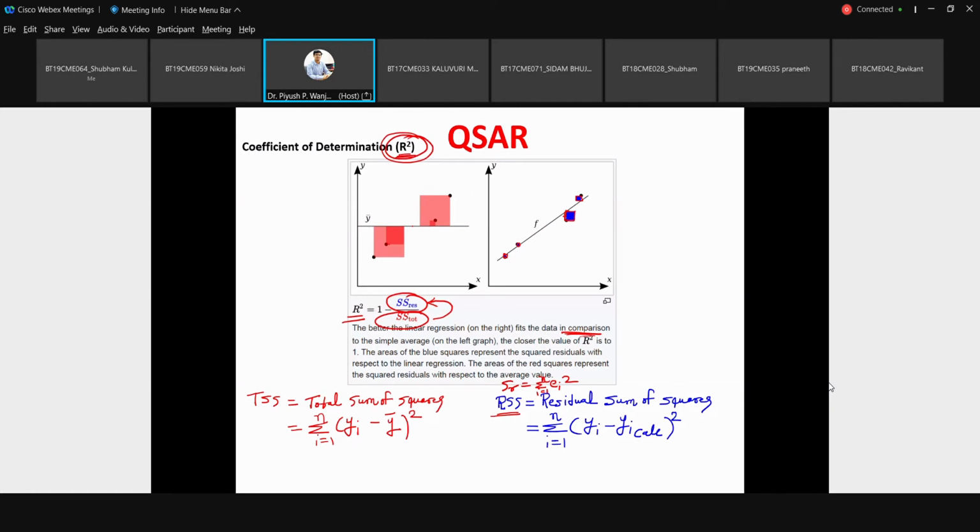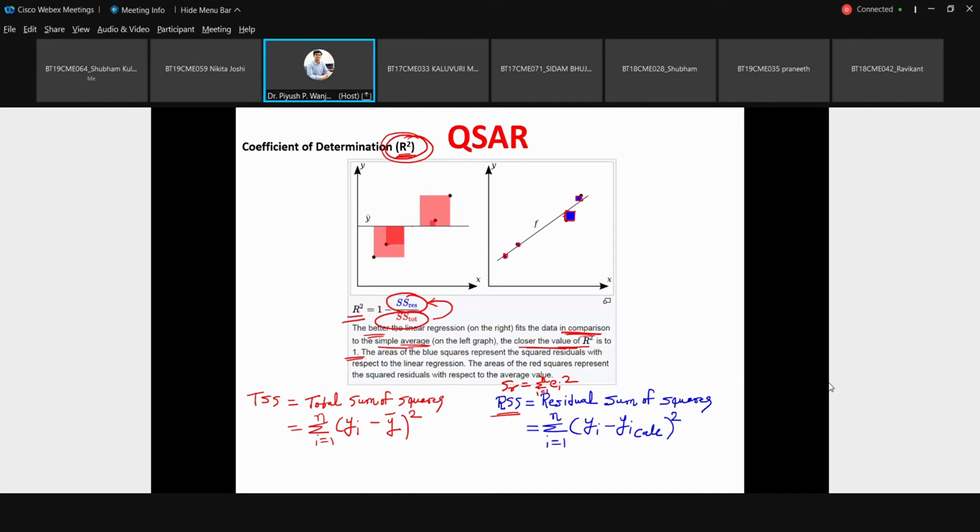This explains how much better your linear regression fits the data in comparison with the simple average. The closer the fit, the closer the value of R square will be to 1. Have you got this comparison?